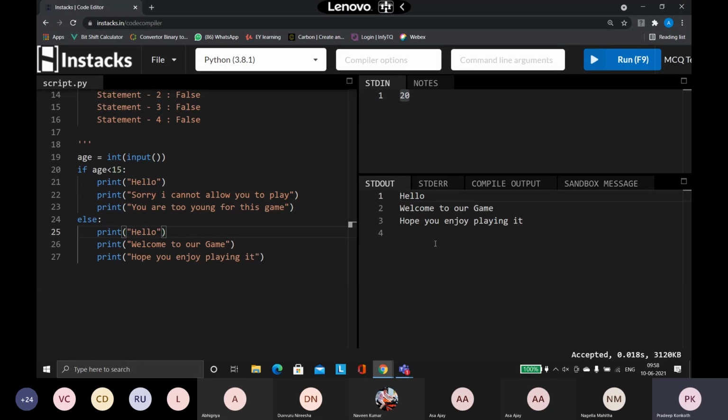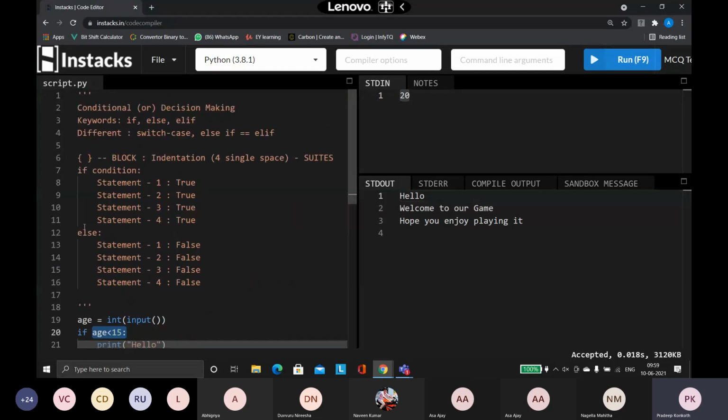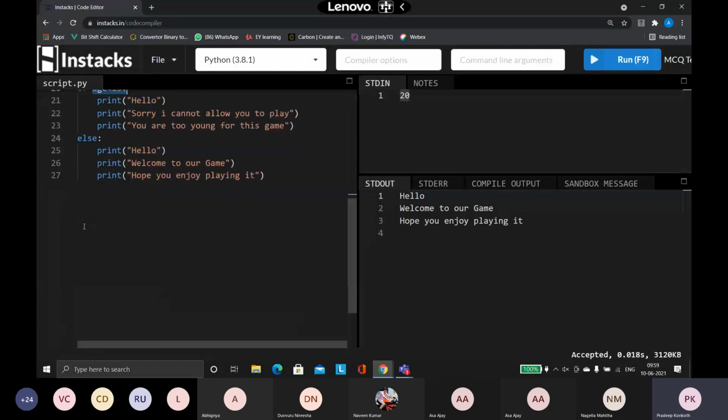Okay, see here. So this is my entire program. But even though this is my entire program, I am not executing all the lines within my program. I am executing only part of my program based on this condition. So based on this condition, either the first part or the second part of the program is going to be executed for me. So this is the benefit, or this is the beauty of your if else conditions. This is one thing which we will be using a lot in different programs.